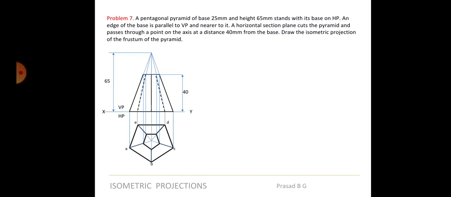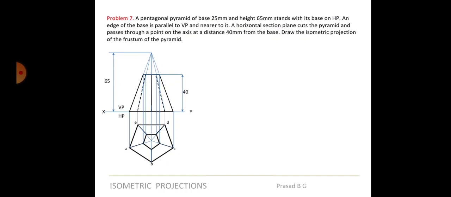Okay, and one more thing I would suggest is, here also it's better if you draw with the iso scale only. If you do it with the true scale also, no problem, but again I told you, converting that into iso scale every time will be difficult. So again I will suggest the same thing. Instead of taking 25 mm, you take iso 25 mm and draw this pentagon, so that all the values you get will be in iso only, so that direct readings can be taken in the compass here and can be projected on the isometric scale.